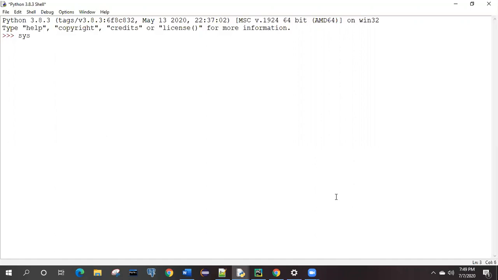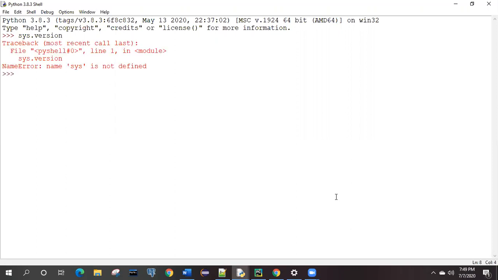So basically, this is the module. First of all, we are going to print the version. Here we are not able to get anything, and if you hit enter, you will get this error saying sys is not defined, which means your computer is not able to make use of sys. So we have to import it first before using it. Now the sys module is imported and it will be present.